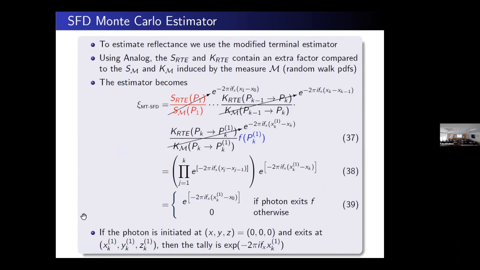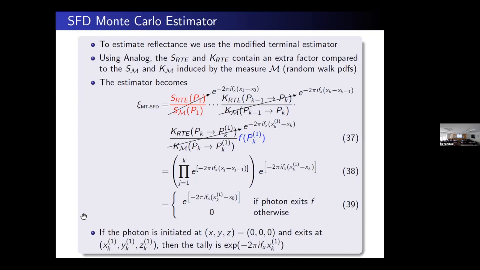If we were to estimate reflectance, we would use the estimator that we had before. We would start a point source, perpendicular, straight into the tissue, at location 0, 0, 0, so this x sub 0 is 0.